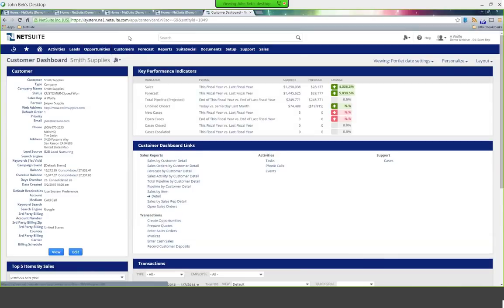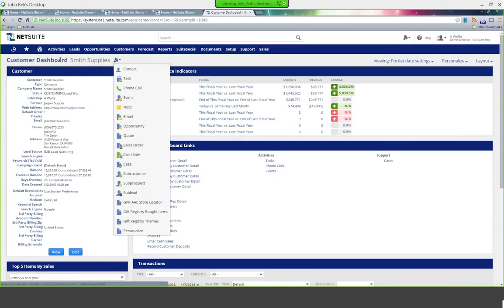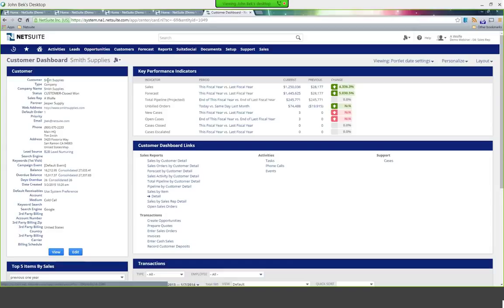If you need a quick access snapshot of a customer and what's available without going through the customer master, you can pull up your customer dashboard, which you can see here. You have all the relevant quick information that you might need, like the customer name, sales rep, web address, email, phone number, address, balance, days overdue, if anything, lead source, and various other pieces of information.